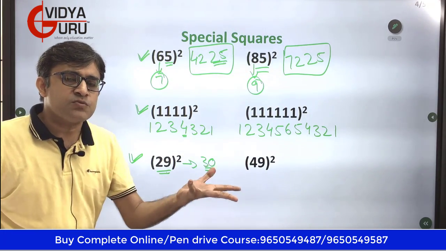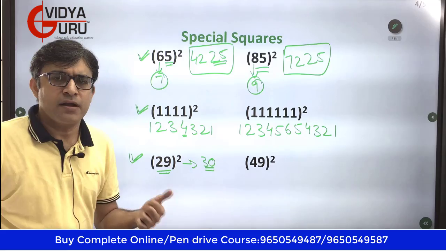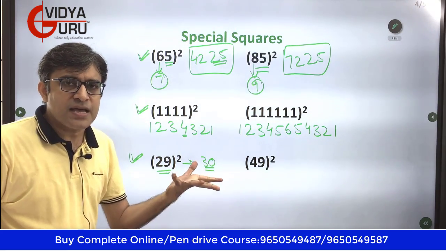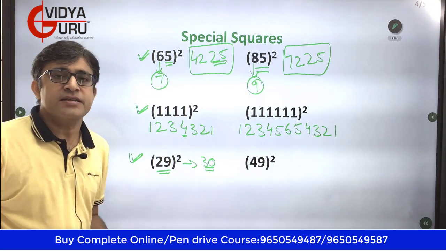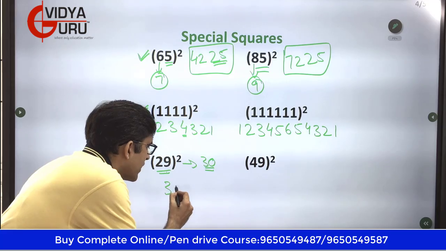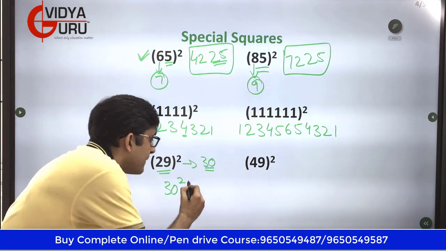1 more than 29 is what? 30. 30 square is what? It is very simple, students. 3 square is 9. So 30 square will be 900. So what I am doing is 30 square minus